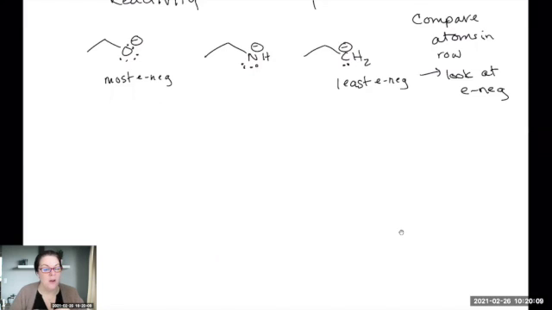Okay, so if you have an electronegative atom, that means that atom wants to surround itself with electrons. It's a greedy atom. It wants to pull all the electrons towards it. So the more electronegative, the more stable it will be with having extra. It's like, great, join the party. We're going to hang. We're cool. So the most electronegative is going to be the most stable